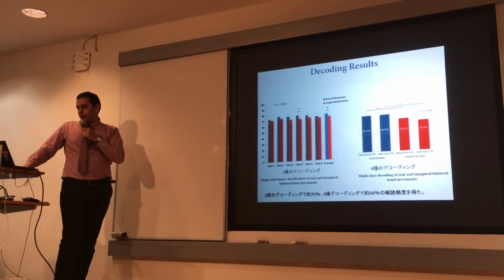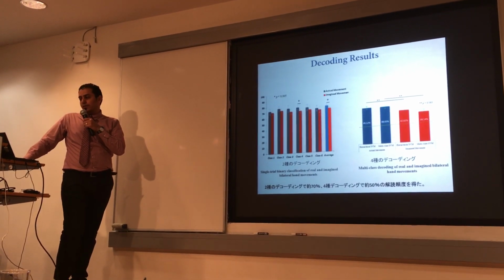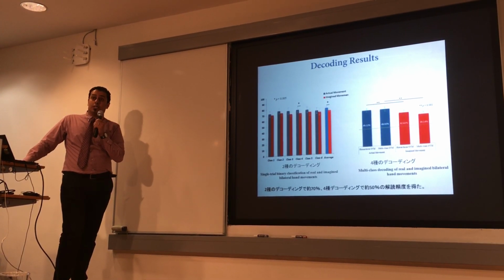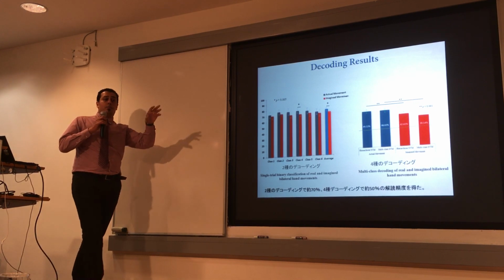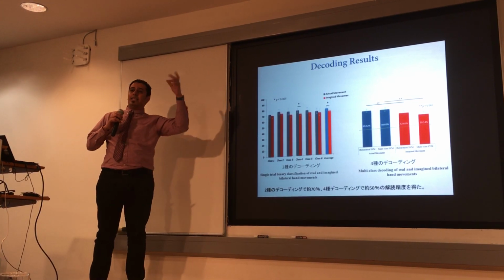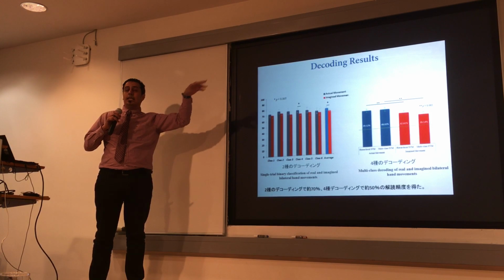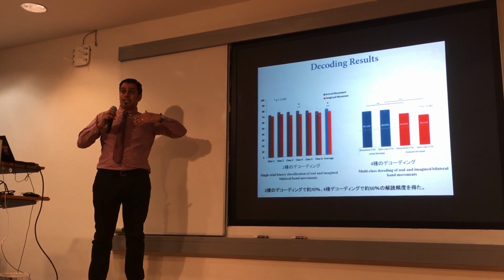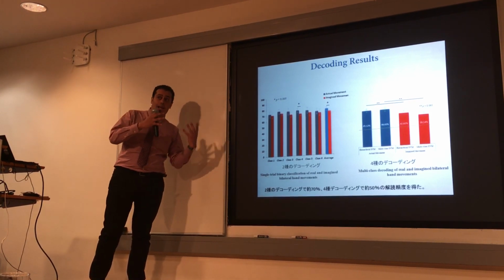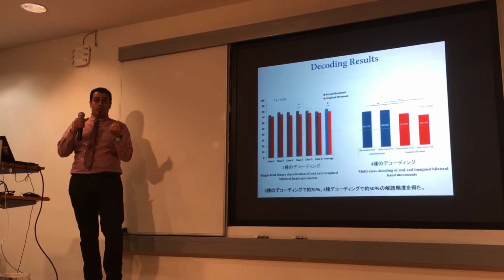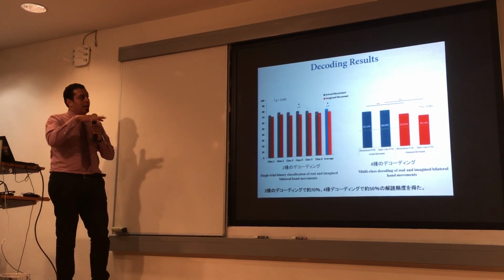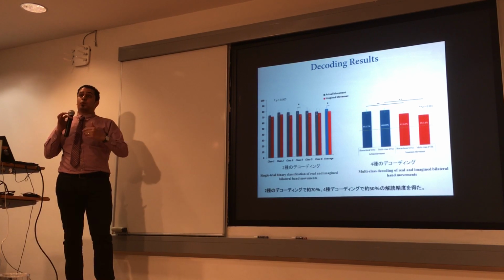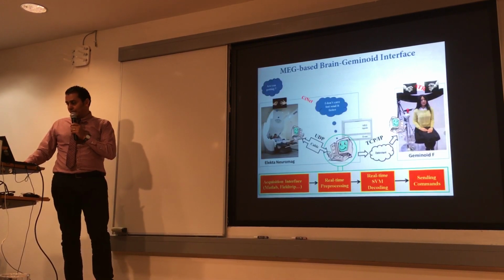And this is the decoding accuracy. So we achieve 70% in BMI, especially in motor imagery, because some people are, for example, using P300 or SSVEP. This is a different modality, they can reach 100% or 90%. But in motor imagery, it's still difficult. And this one was a new paradigm to distinguish between bilateral movement. So that's why the accuracy is still around 70%, which is acceptable to go for real-time application.